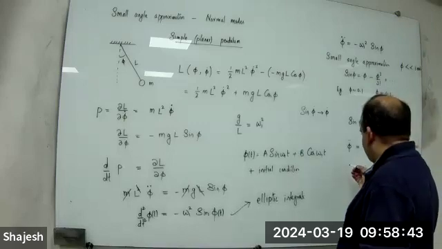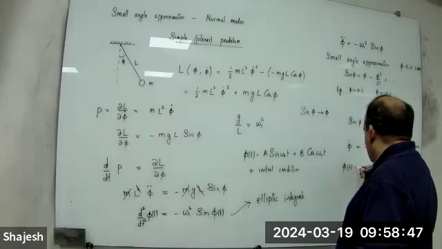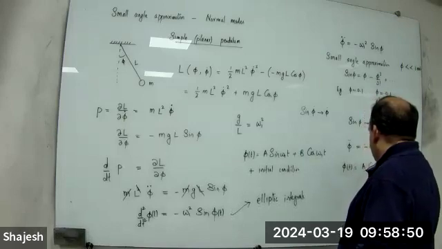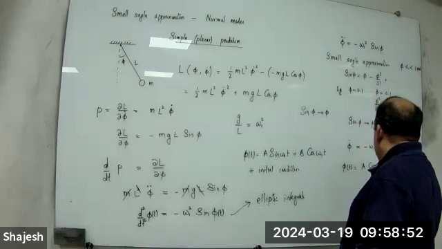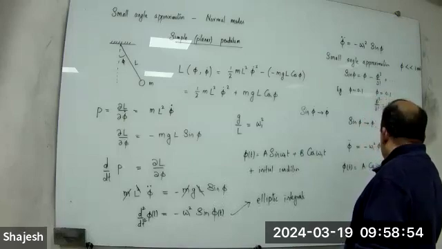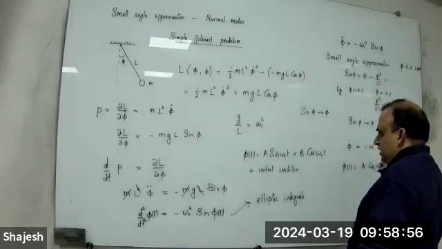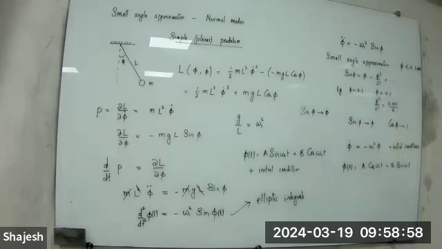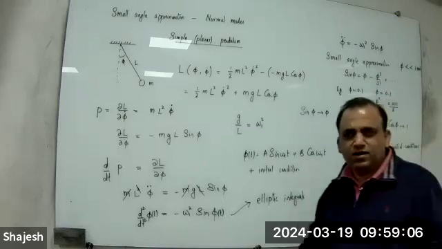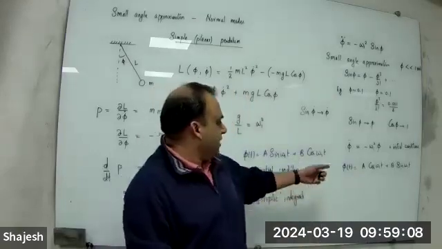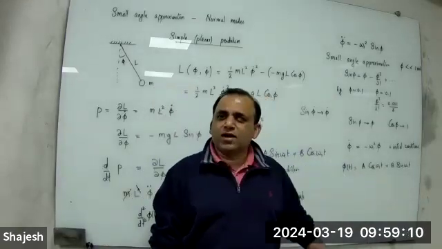So the solution usually is phi of t is equal to a cosine omega 1 t plus b sine omega 1 t. That's what we wrote here. And a and b are determined from the initial conditions. That's how we proceed. But the simple statement that phi is a cosine omega t plus b sine omega t,